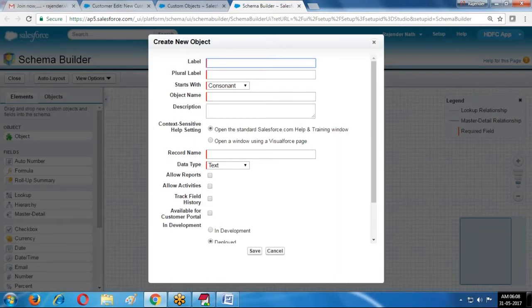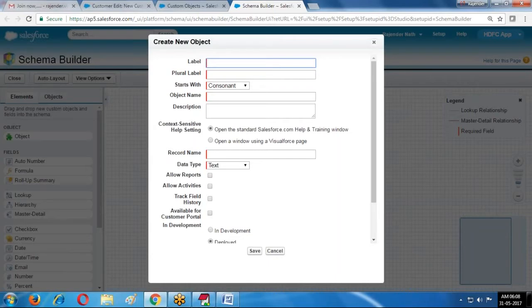Mostly it is the same, but here we can identify the relations also. We can observe the schema, the relations or data model, how one object relates to another object. After creating, we can find that in Schema Builder. That is the main difference.